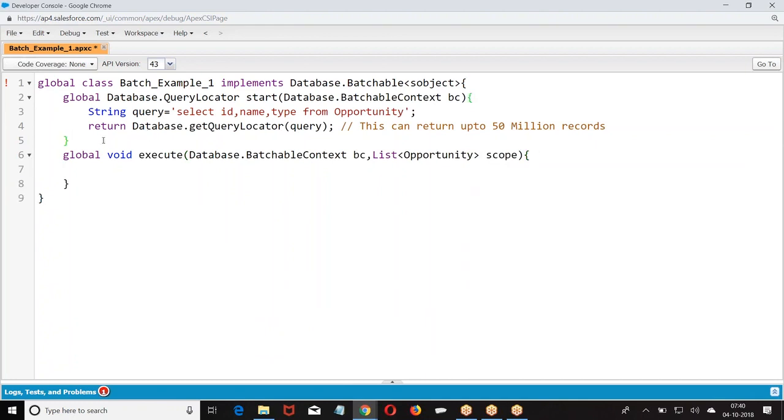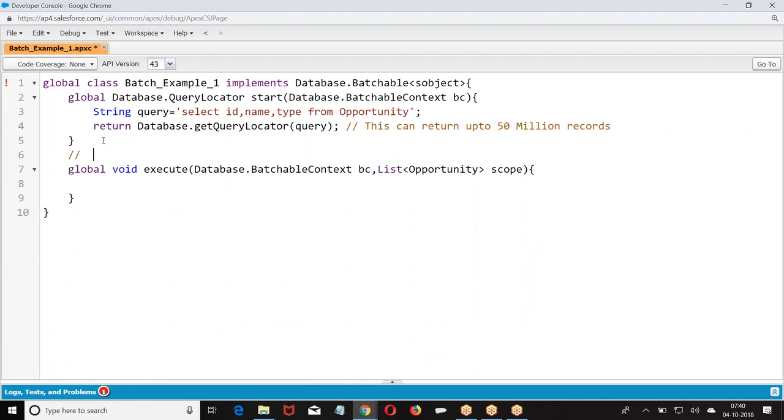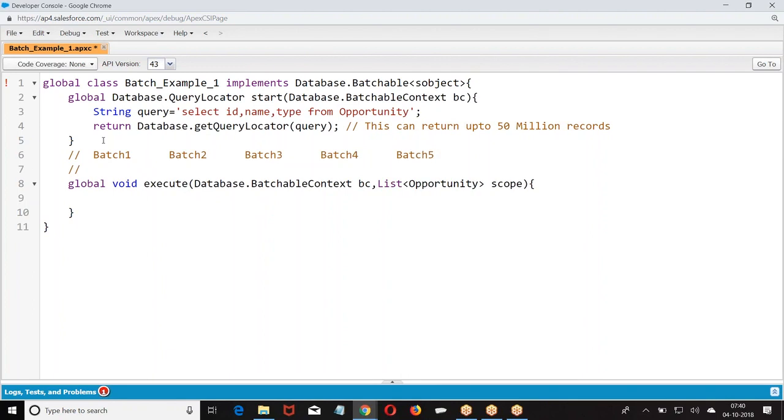Let us say I got 500 records and it divided them into batches of 100.